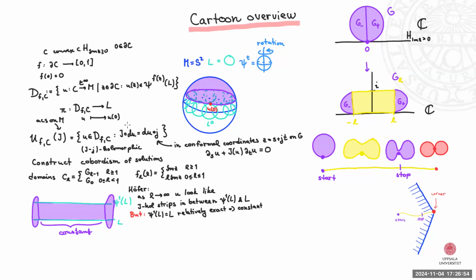Oh my gosh, the time flies. So we are solving the following PDE, which is the Cauchy-Riemann equation. In local conformal coordinates, you can write it as this. This almost complex structure is not integrable, so this PDE is nonlinear. And we are going to create some cobordism of solutions, and that we are going to do by considering different domains. Imagine the domain that you started with: you somehow cut it in half into a positive and a negative part, and you glue in between them some long strip that looks like this.